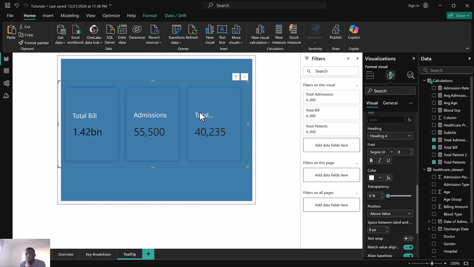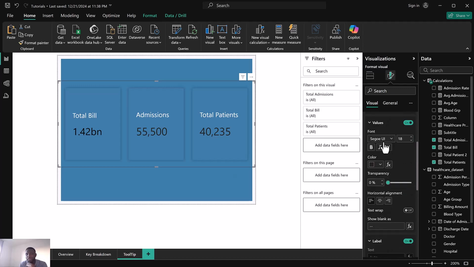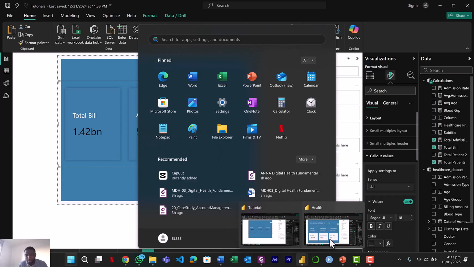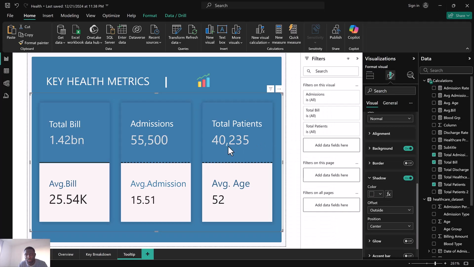So we've gotten it now. And then when you come to these projects, okay, you can see we did the color. So now let's come here and come to our call out values